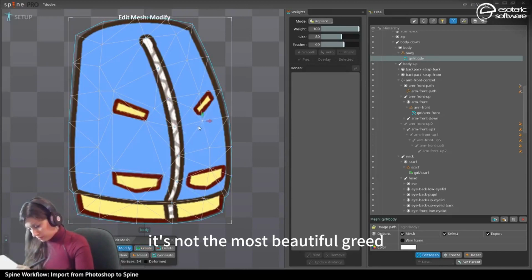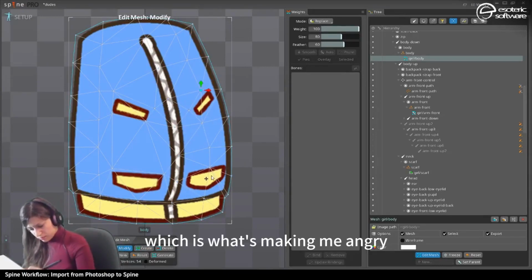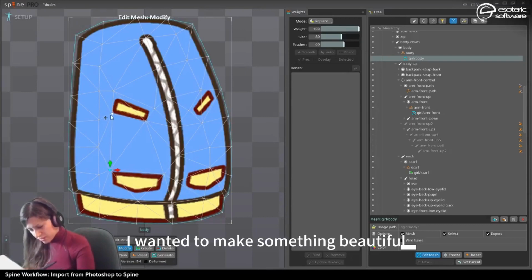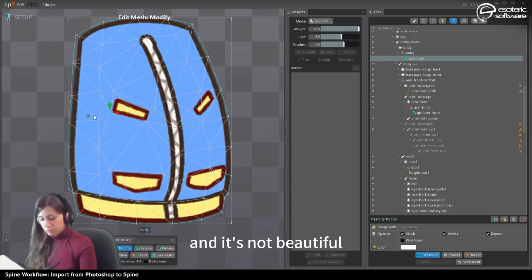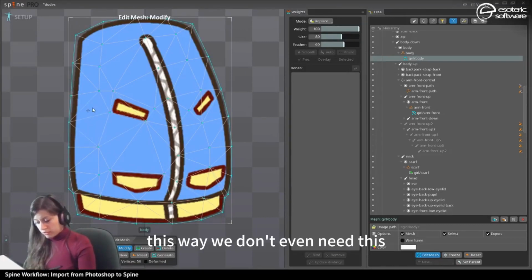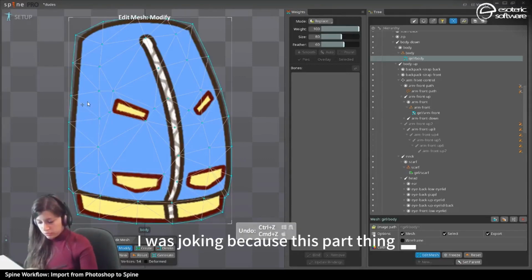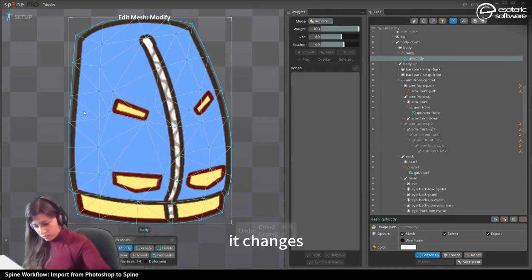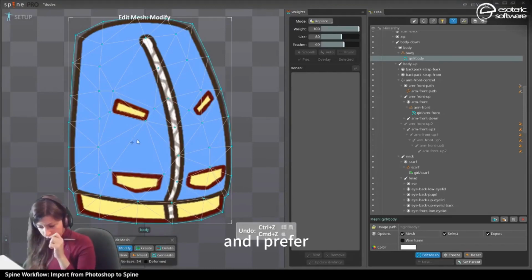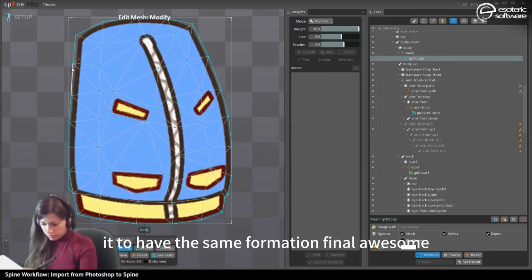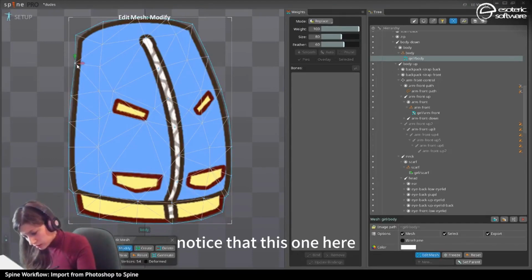It's not the most beautiful grid, which is what's making me angry. I wanted to make something beautiful and it's not beautiful this way. We don't even need this part. No, I need it. I was joking, because this part, see, it changes, and I prefer it to have the same deformation point also. Notice that this one here